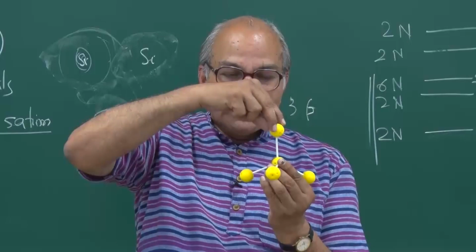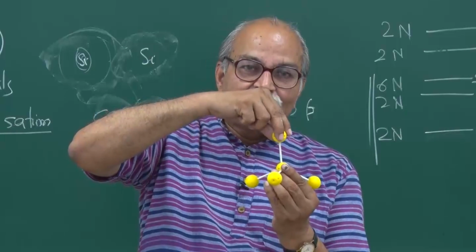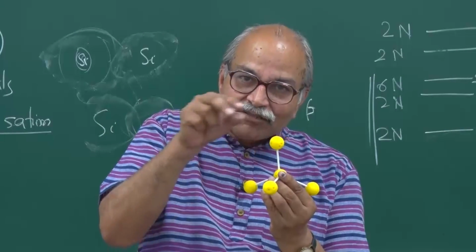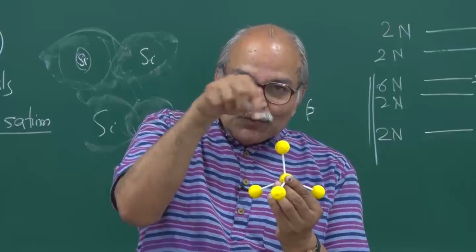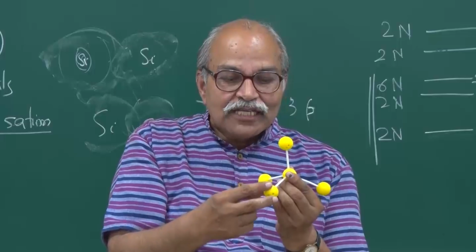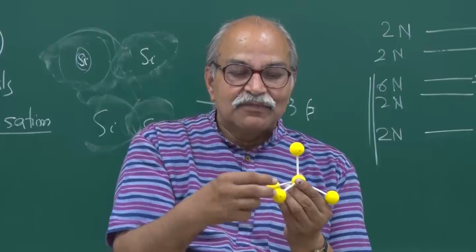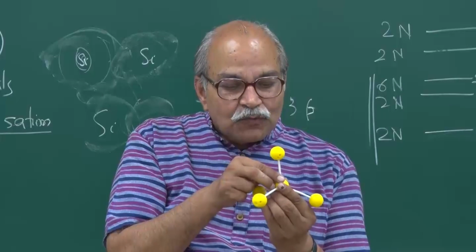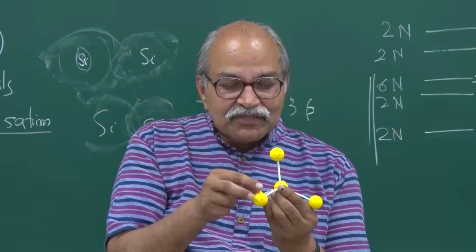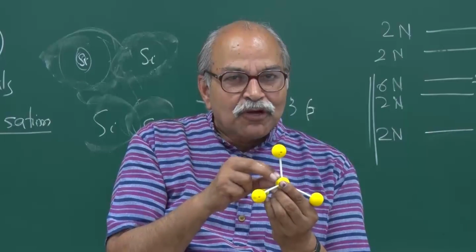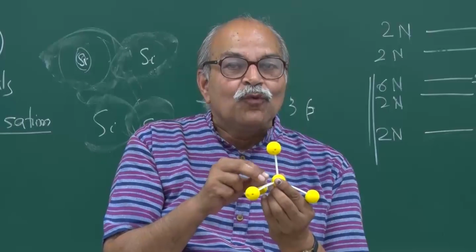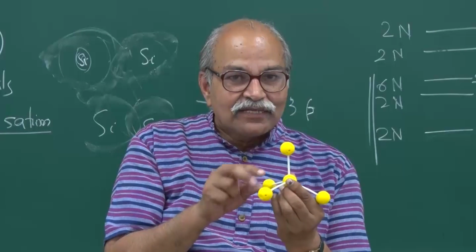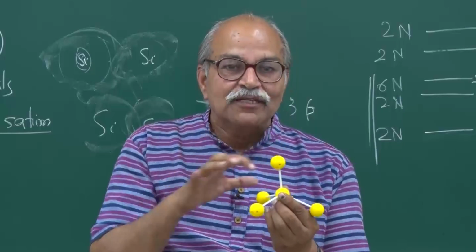But then similarly, this silicon also has 4 sp3 electrons. So one will be towards this one, and then the rest 3 will be towards the other 3 to which it is bonded. Similarly here, one sp3 electron will be towards this and the others towards the other 3. So if I look at these two, one sp3 electron from here and one sp3 electron from here, they form this bond known as a covalent bond. People also say that this shares one electron, this shares this one electron, and a bond is formed. So this is how the covalent bond is formed.